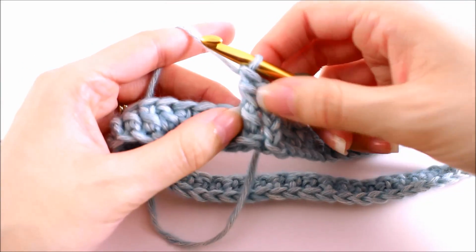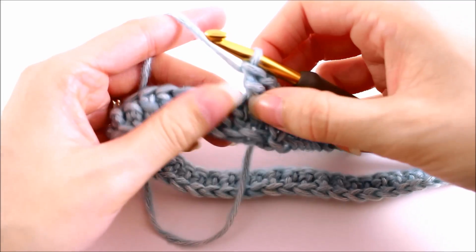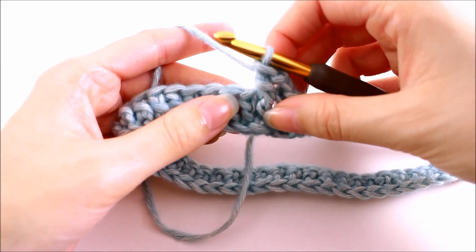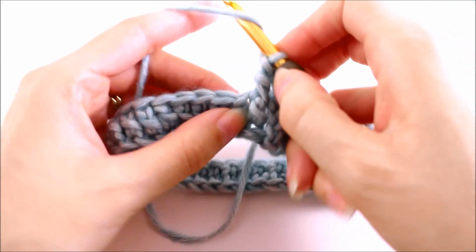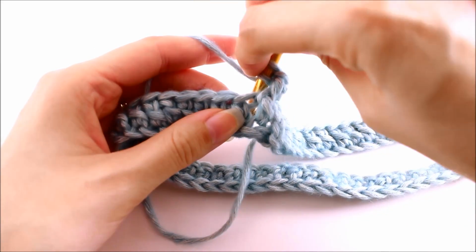Okay, and so that is how you do the front post double crochet. Now we're going to work the next stitch, a back post double crochet, and it's exactly the same, it's just in the reverse motion. So we're going to yarn over again. We're going to come in from the back of the work,